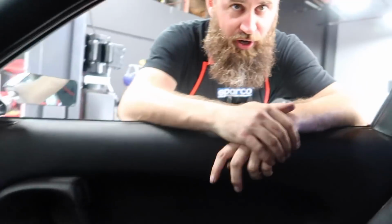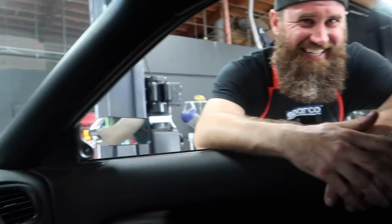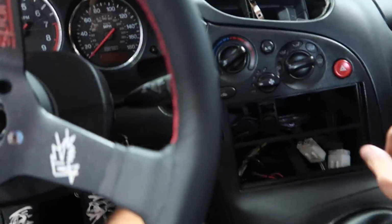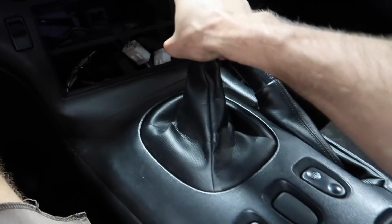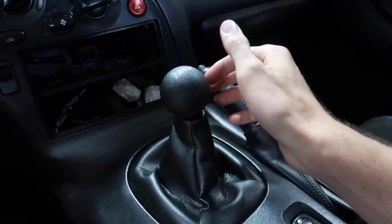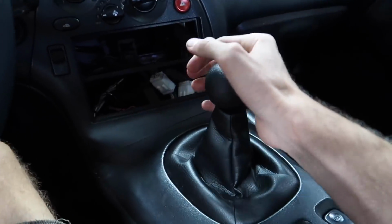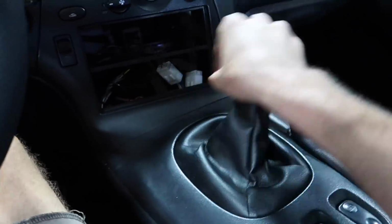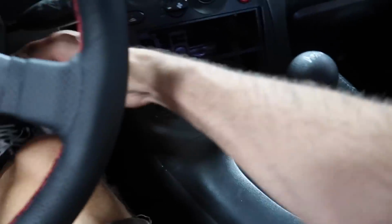Hey, these aren't like normal cars. You gotta send it with the gas, dude. Fuck it. That's good. All right, clutch going in. Please go in first gear. No, it's... Just give it. No? No, she doesn't want to go in. Let me...